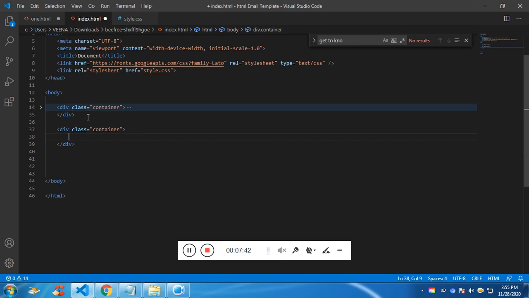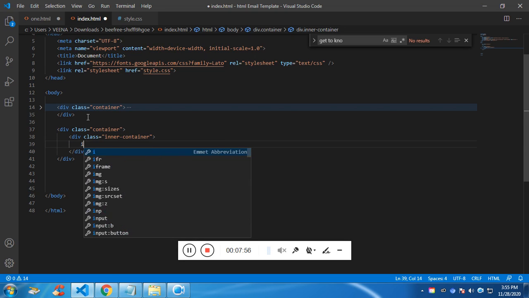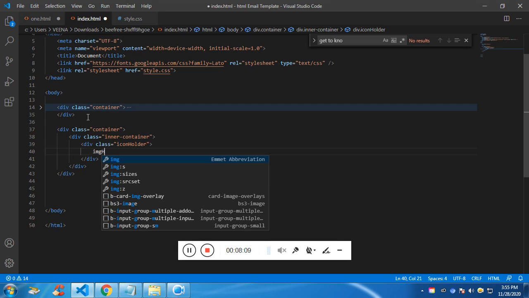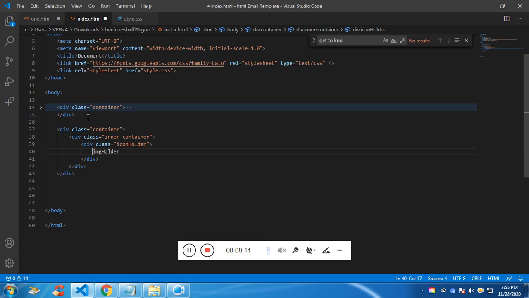container, and then we have inner container, which is the same with 700 pixel, and then we have icon holder, and inside icon holder we have image holder, and inside image holder we have image with, sorry, with width of